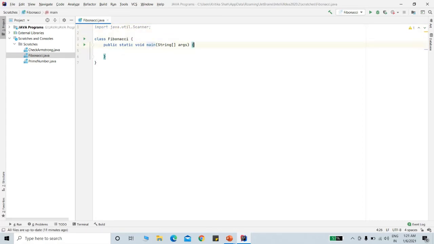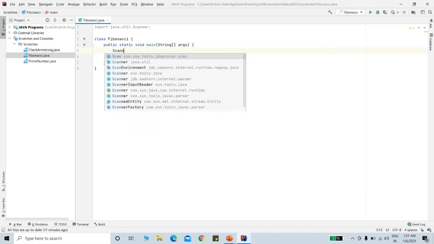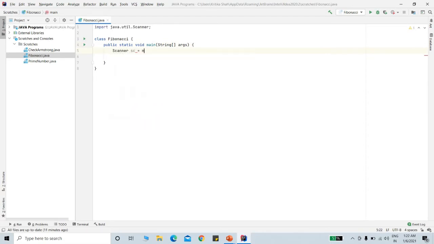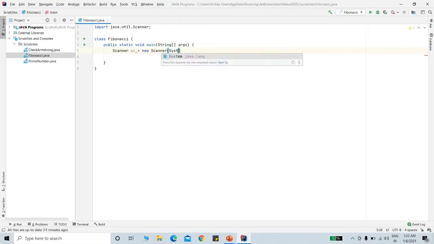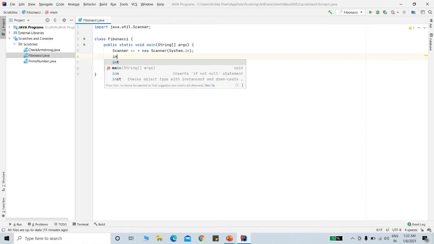So next we'll create the object of the scanner class. So in this we will take the input, that is n. So declare the variable n. Now this n is the number of terms we want to display in the output.